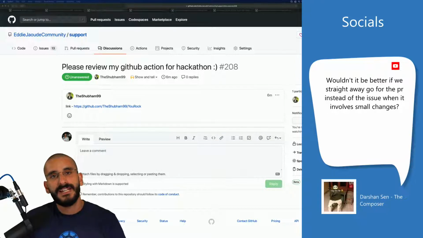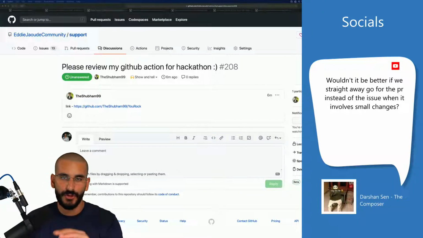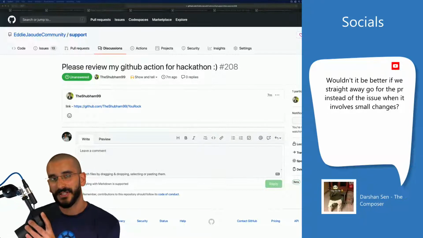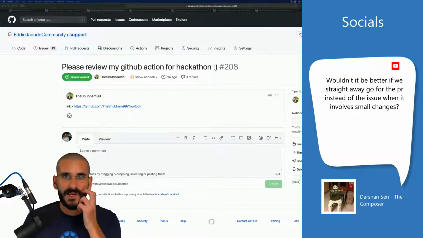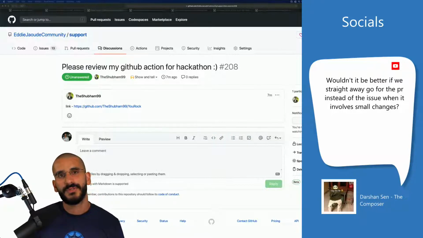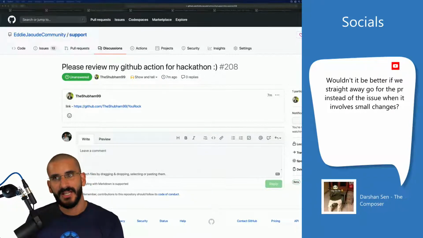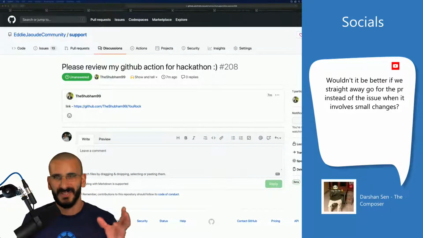Yes and no. If by raising an issue first, you can then tie your commit to that issue number. So in your commit message, you can do that. So it just seems a bit more professional. Also, by raising an issue, you get an extra green square for today. So you get that extra activity. Also, when your pull request gets merged and the issue gets closed, someone might reference that issue in the future or add more conversation to it, whereas they wouldn't add conversation to a pull request once it's been closed.